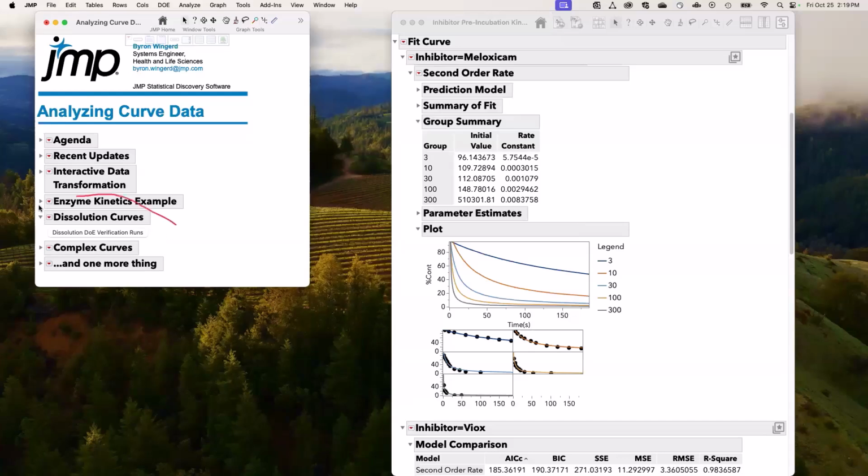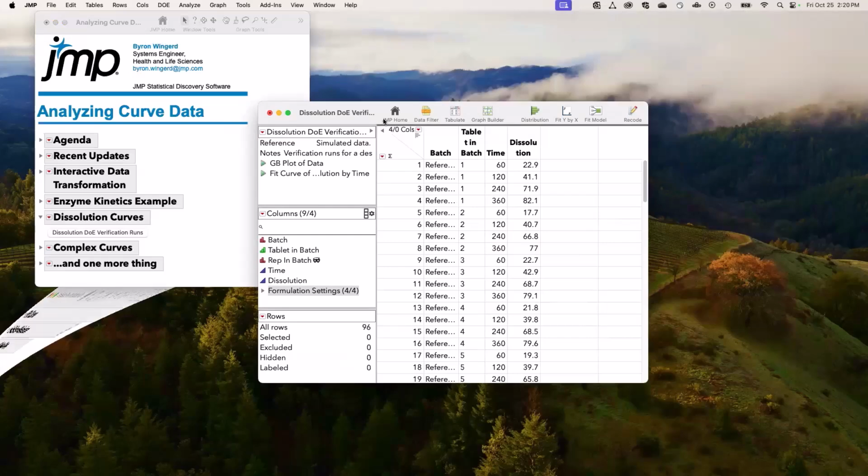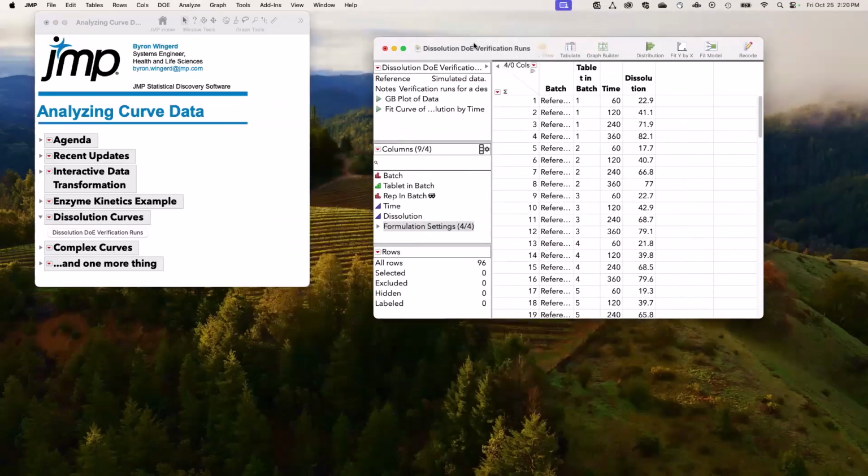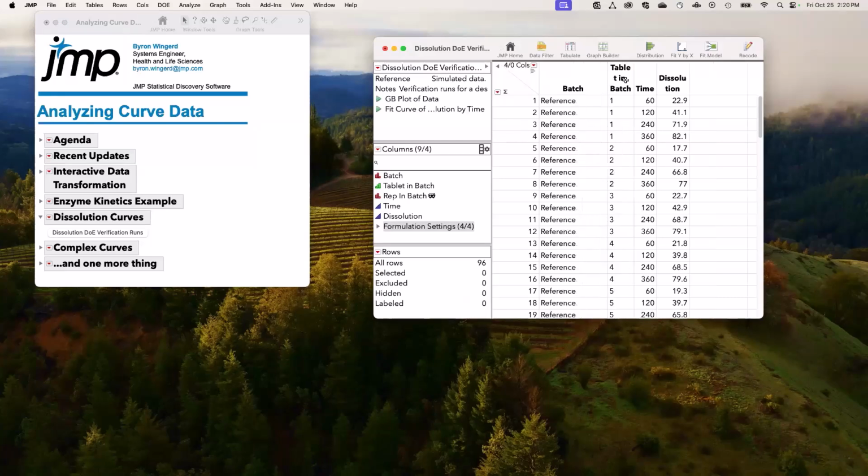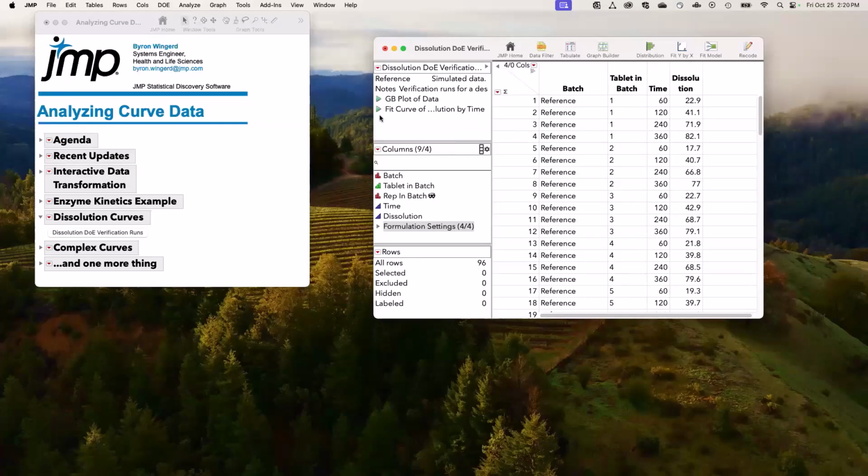Okay. Another type of curve that we can fit with JMP, and this is something a little bit more specialized, is dissolution curves. For everybody in pharma world who is making tablets, we're usually worried about whether dissolution is staying the same with our tablets. And so we have to do some comparison of dissolution times,